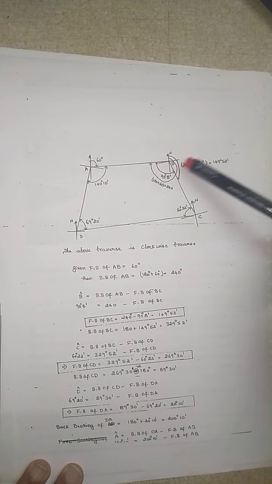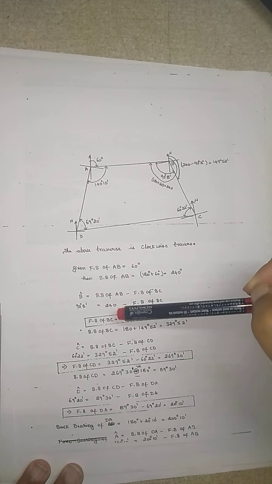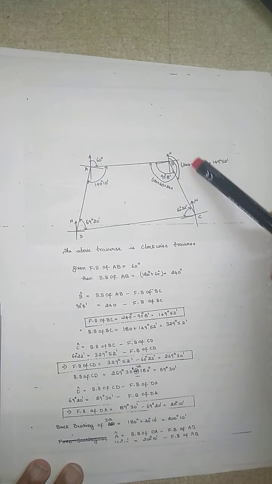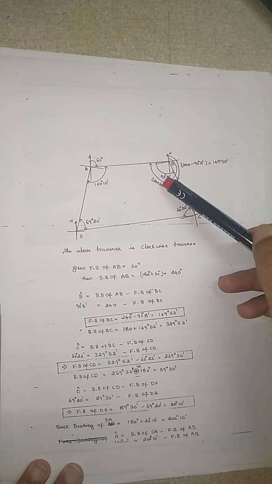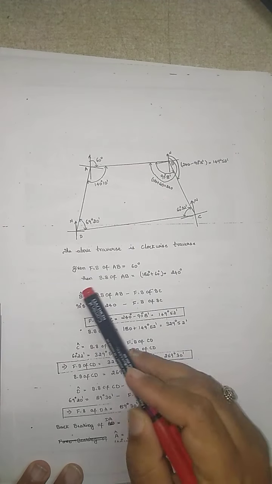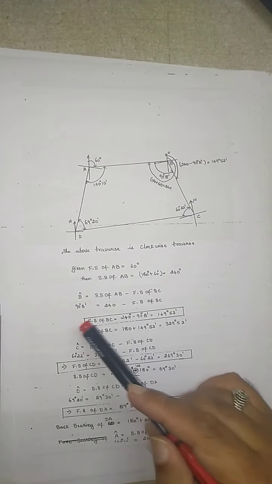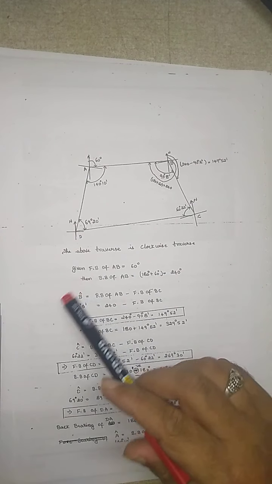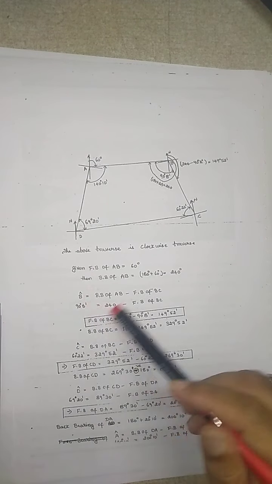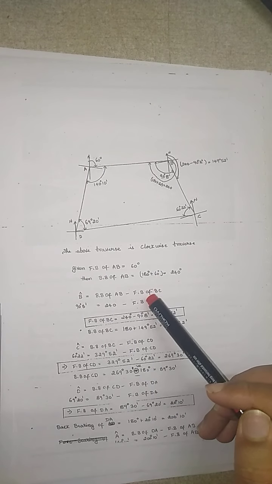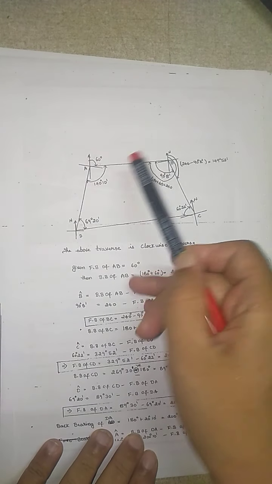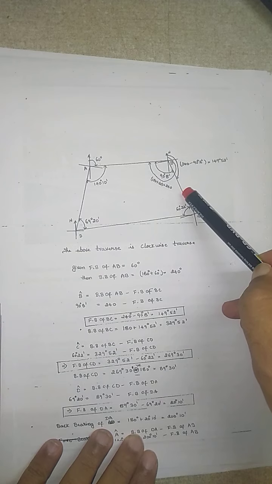Then in order to find out the included angle B, what is your formula? Since it is a closed traverse, the back bearing of the line BA minus the forebearing of the line BC. Now the included angle is being given to you, and the back bearing you have calculated. Then you can easily calculate the forebearing. So here the formula is: the included angle is the back bearing of the line BA minus the forebearing of the line BC.